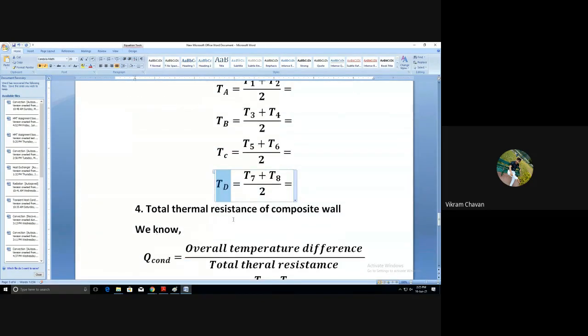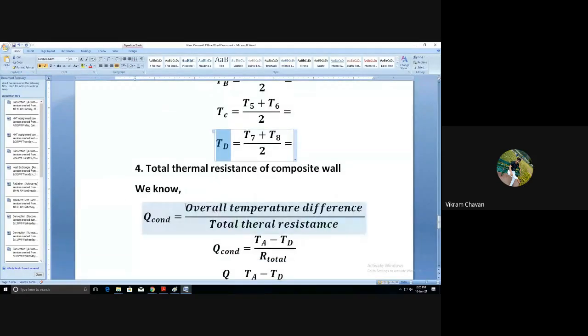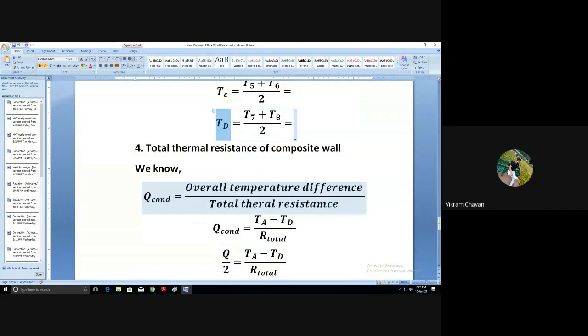Okay, so we know how to determine the heat conduction. Q conduction is equal to the overall temperature difference divided by the total thermal resistance. That will provide you the Q conduction, or heat transfer rate in conduction. Now according to our configuration, the initial temperature minus final temperature is the overall temperature difference. So TA is the initial temperature and TD is the final temperature,